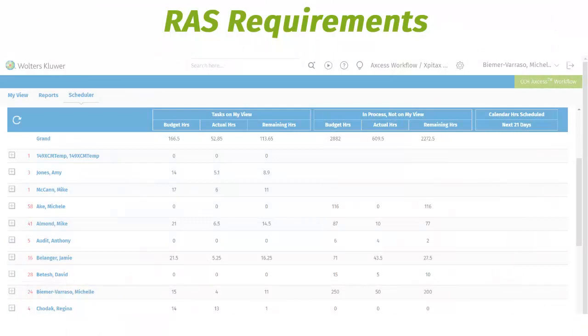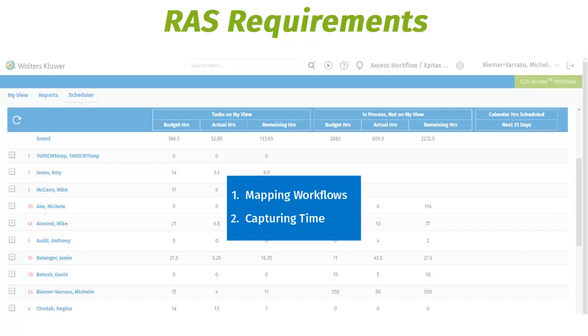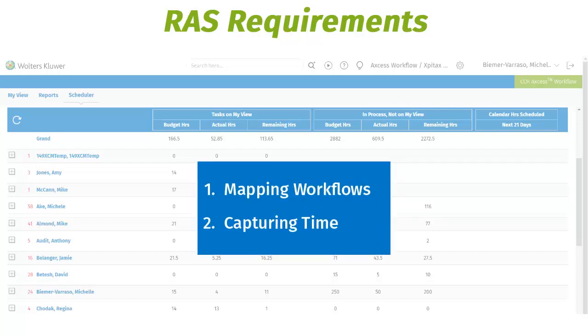The Resource Allocation Schedule module has extensive logic built into its functionality in order to make it as automated and efficient as possible. As a result, there are two basic requirements that firms need to meet. The first requirement is that the task types controlled by RAS need to have their workflows mapped to establish their